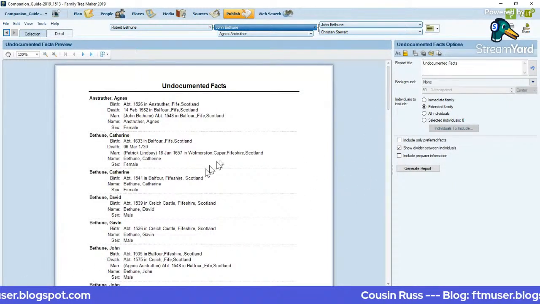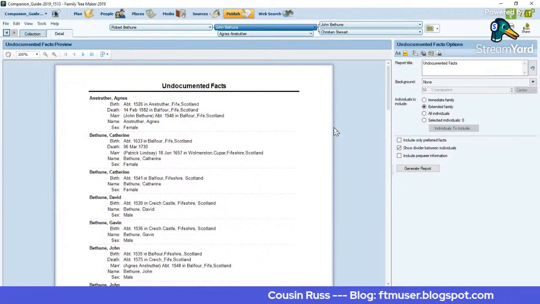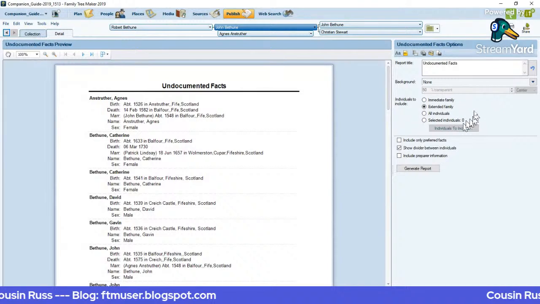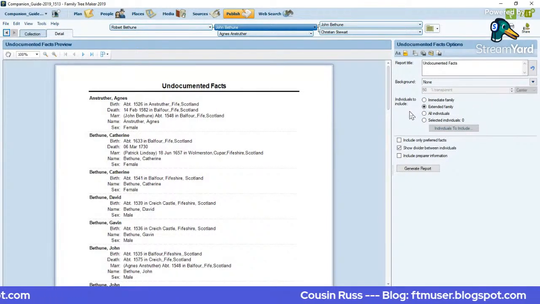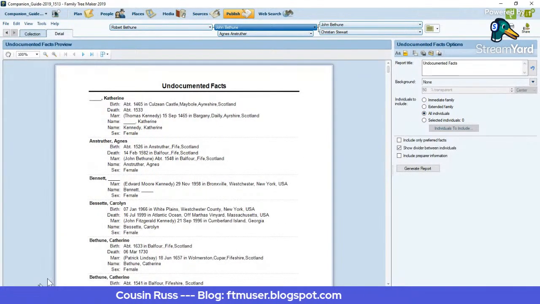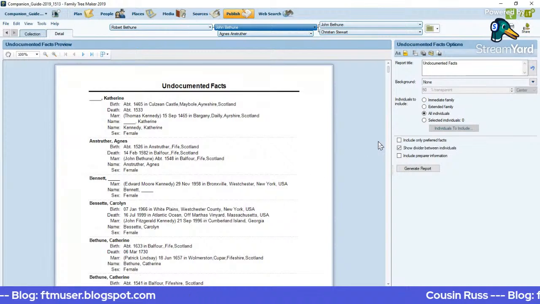Well, that's not right, but I've talked about in the publish workspace to watch what is selected for who you want to include. I want to include everybody, and you may notice that I have 19 pages,